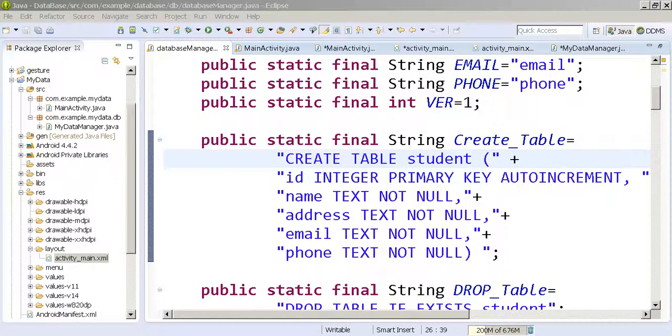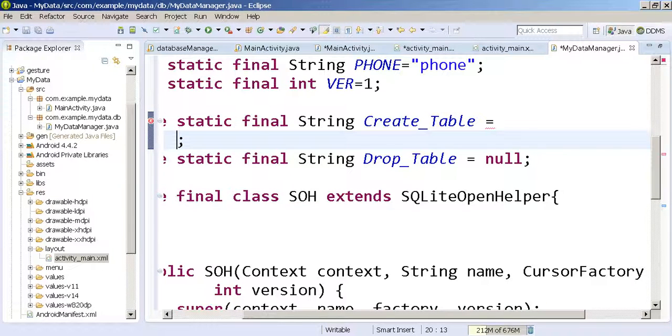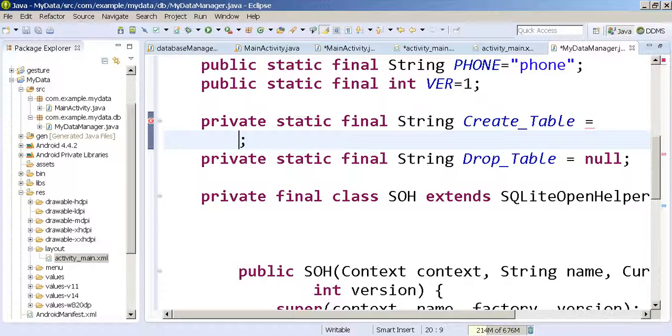Let me Control Z and just do it again so that we'll understand properly. Okay, I will say here in the caps it should be all one string, right? And we will create